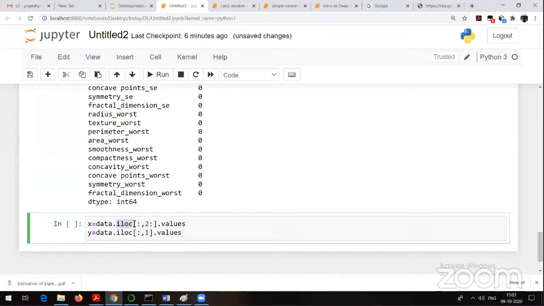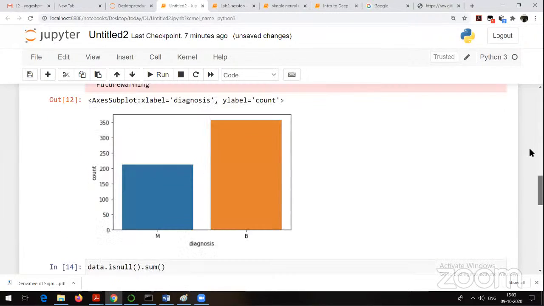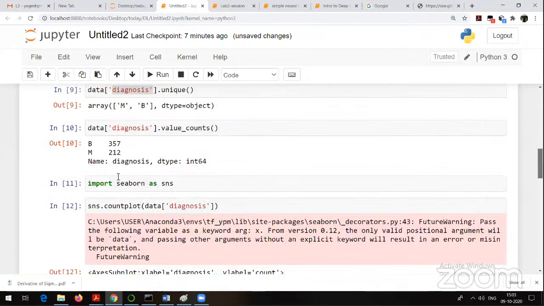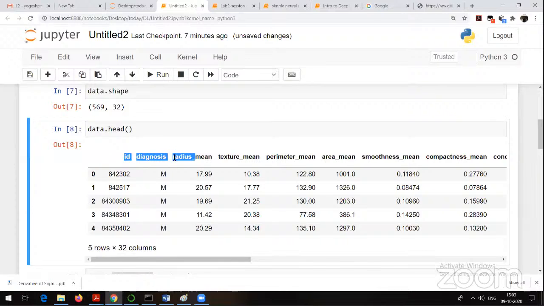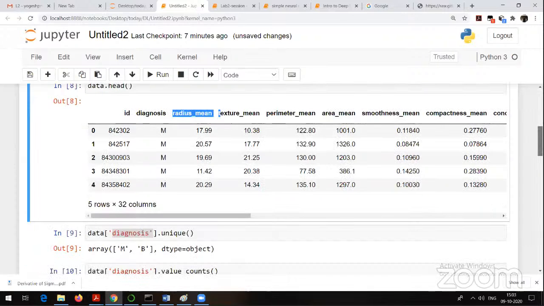That means what we are doing here is we are trying to take all the rows. This particular column means what? All rows. And which column? The columns starting from the second column. That means if I try to show you the original data, which starts from the second index, see ID is the zeroth index, diagnosis is the first index, and radius mean is the second index. That means starting from the second index,